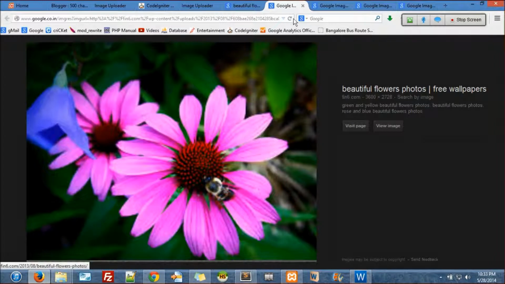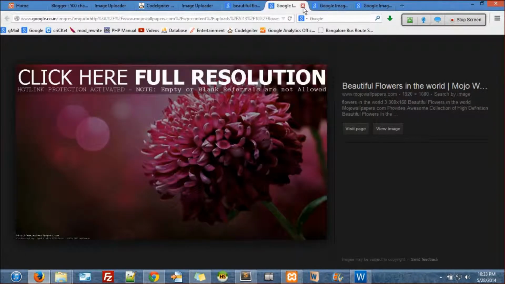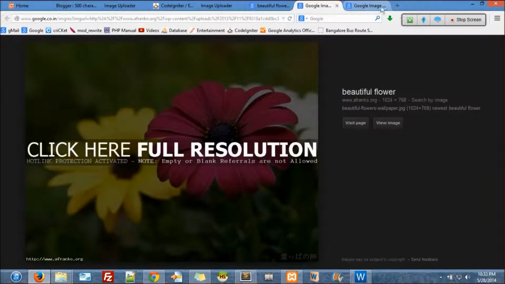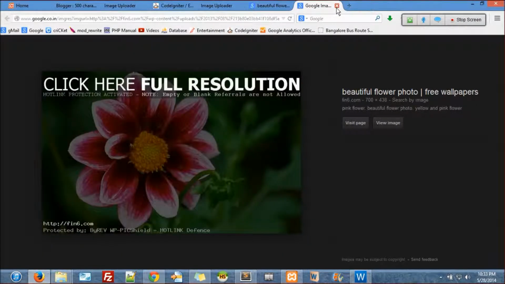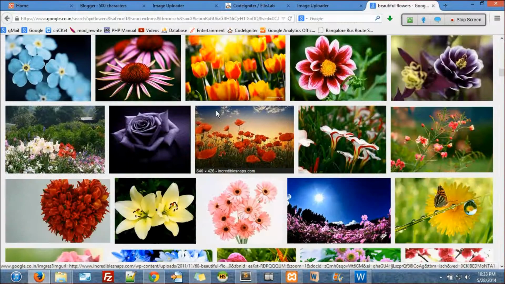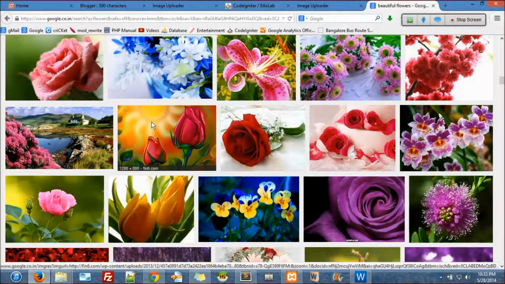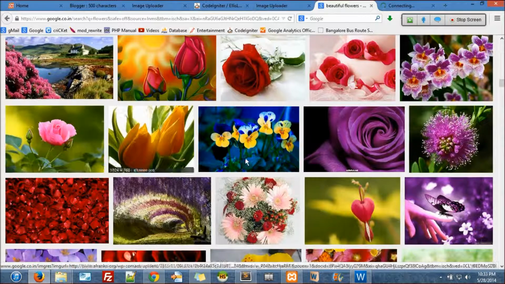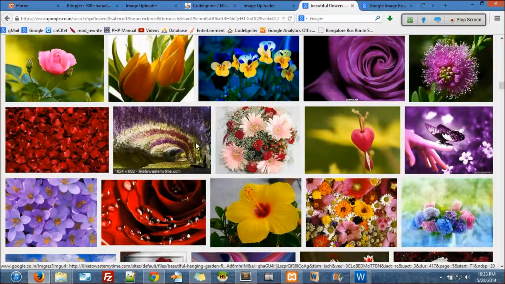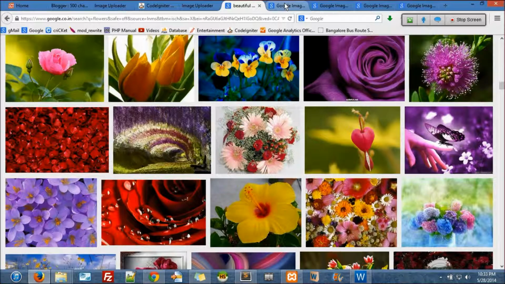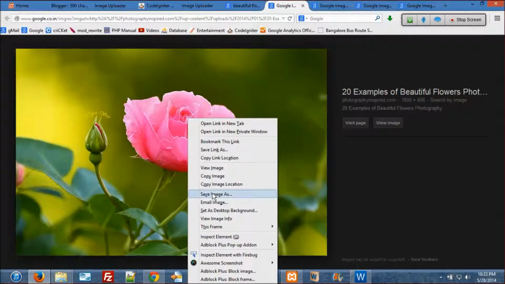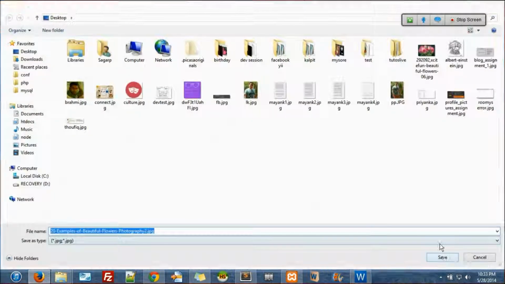This is not clear, I don't want it. Even this one says click on something to get a high resolution picture, and this one too, so I don't want to click. This looks good, this looks good, and this looks good. So this is a good image, I'll save this.